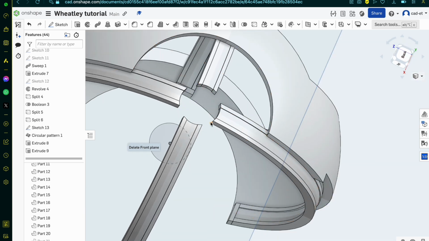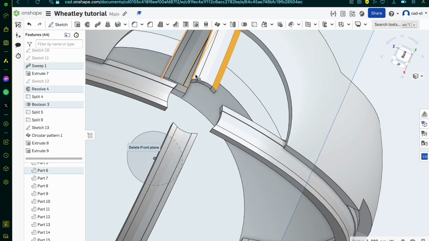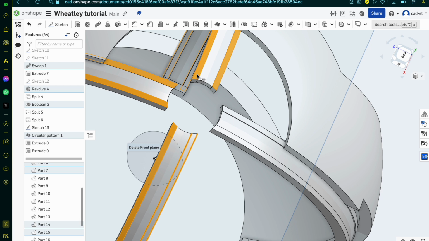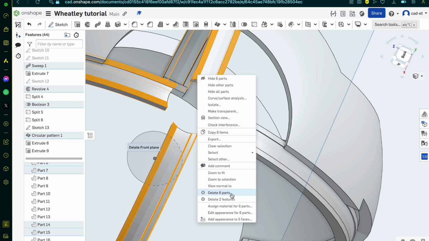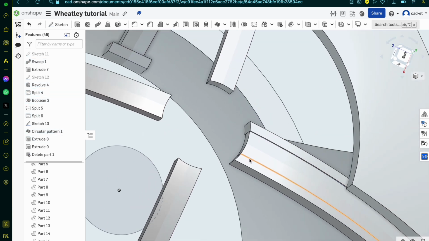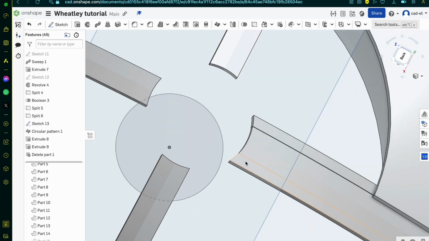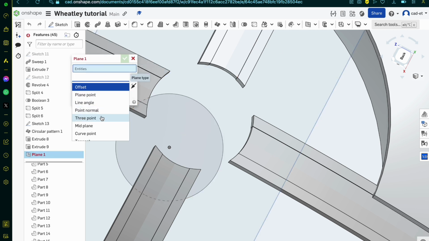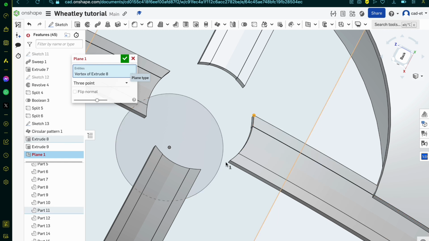Just thinking now. What I want to do is remove these rails. I think these are going to be a bit of a problem. Try and figure this out later. So just a thought. And I'm actually going to undo this delete. So I can put a plane in here. Now let's use a 3-point